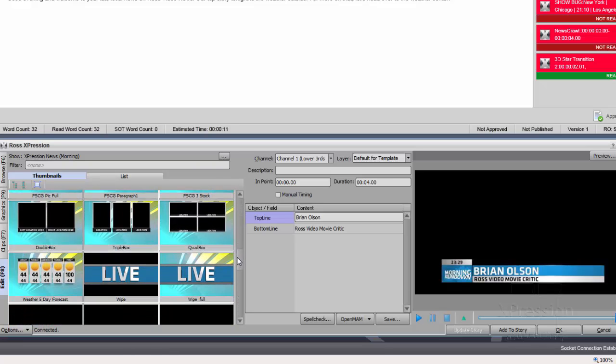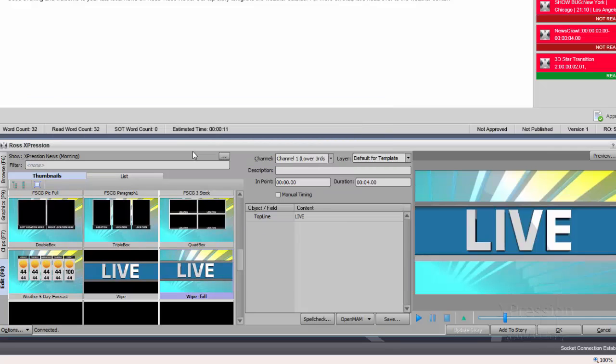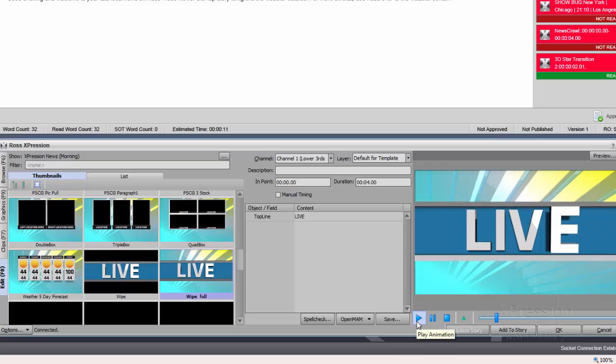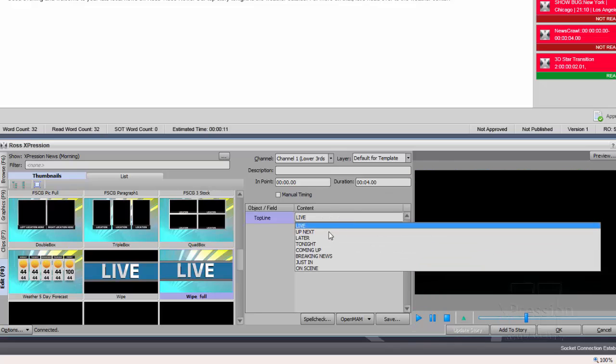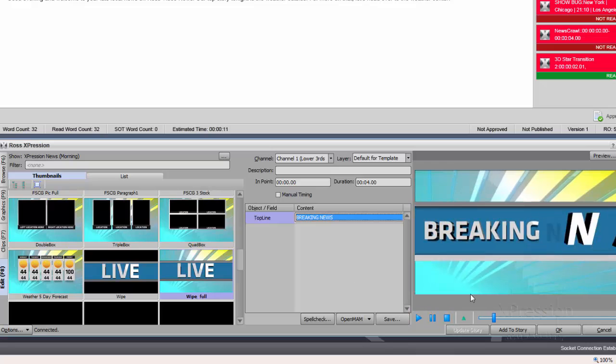I've also given you the opportunity, let's look at this a different way. If I have a newsroom and I've decided what I want all my bump information to be, for example, if I roll this back, this is just a live switcher wipe that we can put in and run through XPression where the text is built into it. Maybe I want to change that. So instead of it saying live, maybe I want to have it say breaking news. So now I can do that instead, and you can see it's breaking news.